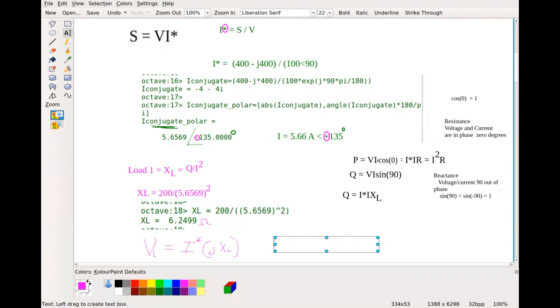It's a 90-degree phase angle, and it's a positive phase angle, so 135 gives me 225, or if we shift that,